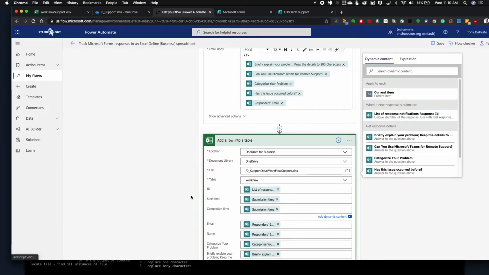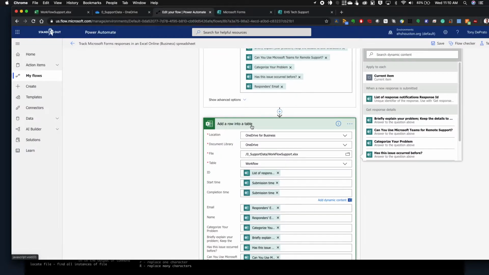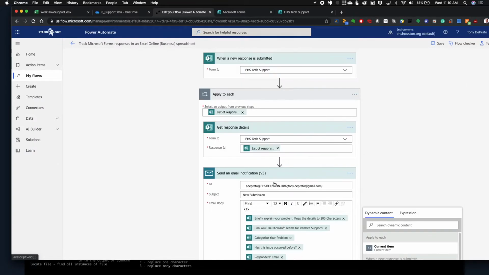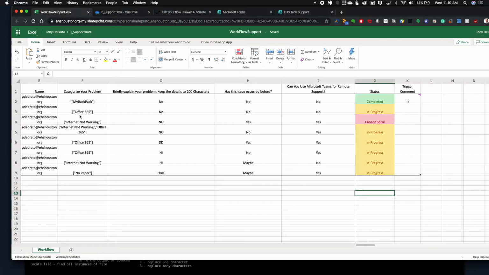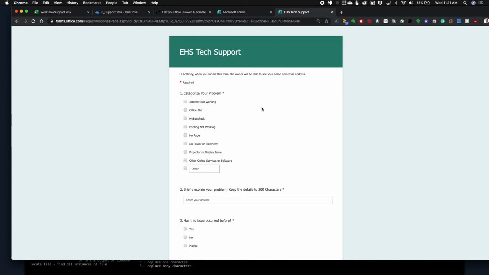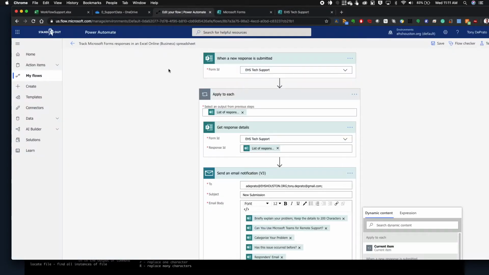And then you want to add a row into a table, and you want to select your Excel sheet. Now, when you make your Excel sheet, one thing you do have to do is open it in Excel and name the table. If you're not sure how to turn your worksheet into a table, that's an additional skill. But if you know how to do that, you name your table, and then you need to give your sheet down here a name. It's important, or the Microsoft Flow does not work correctly. All right. So after everything is connected,